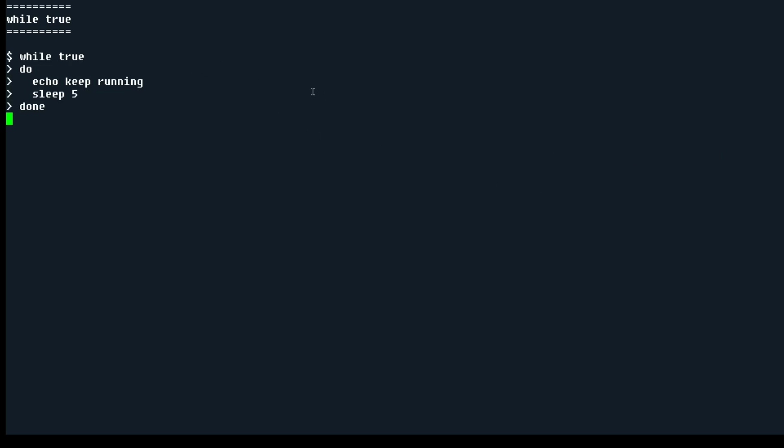I added the sleep command here to slow down the output so that we're not seeing this keep running message more than once a second. Now I'm going to go ahead and run it. And you can see keep running and wait 5 seconds. Keep running again. And if I want to stop this, to put it in the background, I could type Control